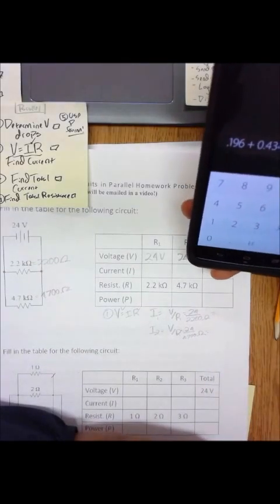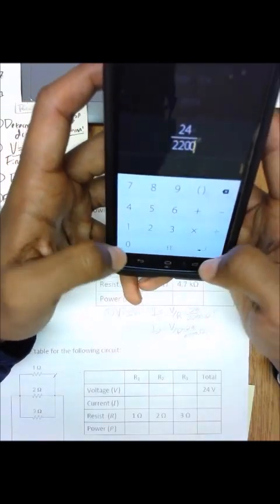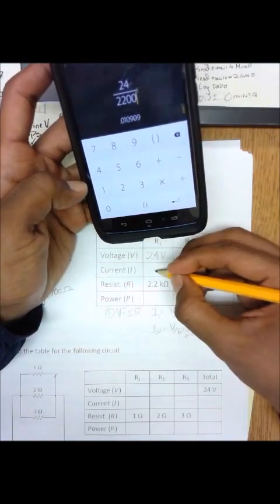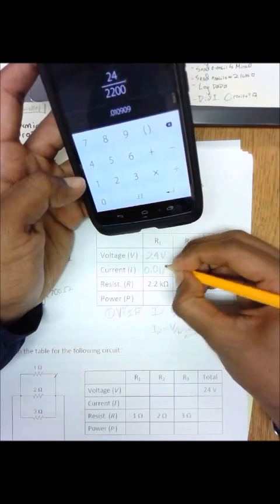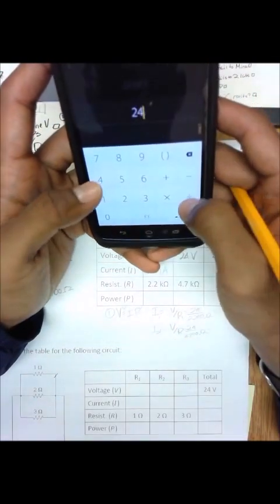We end up with 24 divided by 2,200. For this section right here, we end up with 0.01 amps, and for this section, we end up with